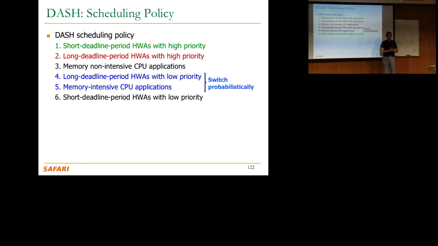Meaning that at some point, they have high priority when they need to send their request. So there are some intervals where they have high priority. As long as they're scheduled during that high priority, they should meet their deadlines because they're scheduled based on worst case. And if they're not in a period where they're supposed to have low priority, you should schedule them. But if they have low priority, meaning that you schedule them based on worst case,